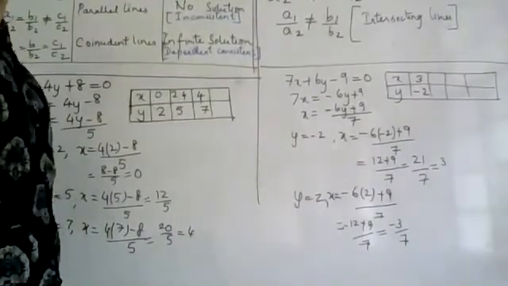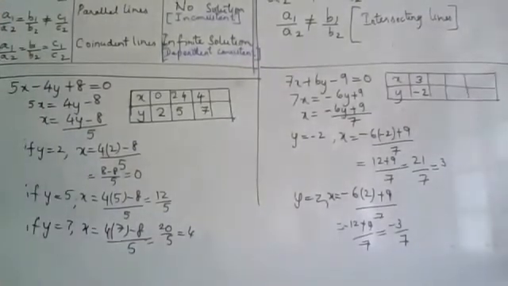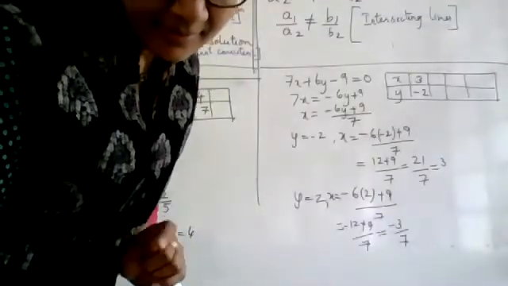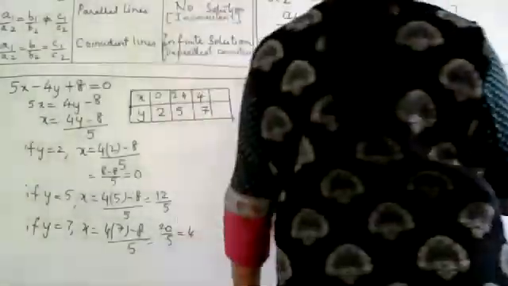Shall we try for some more time? I think I have 2-3 more minutes. I am waiting for somebody else to give me one more whole number. Ma'am, can we take negative 5? Y is negative 5. Did you get a whole number? Let us see. So y is negative 5.